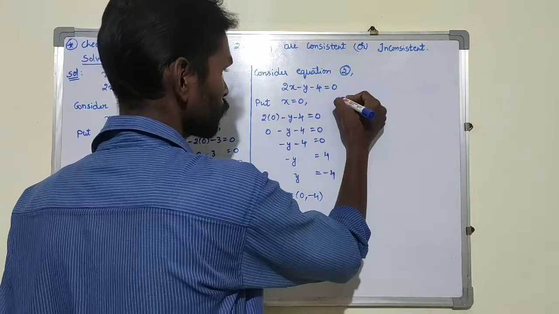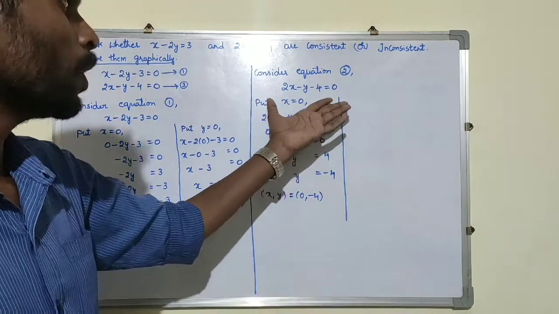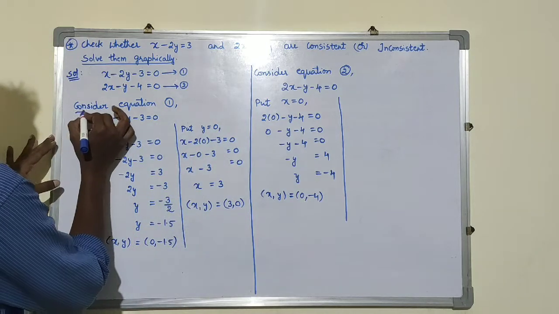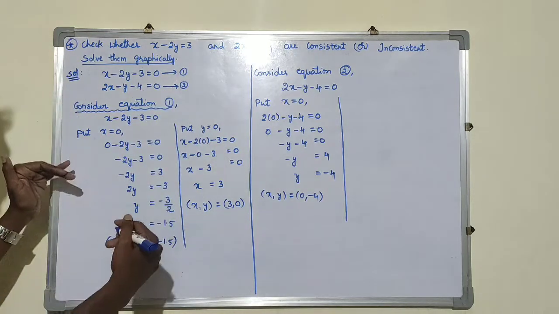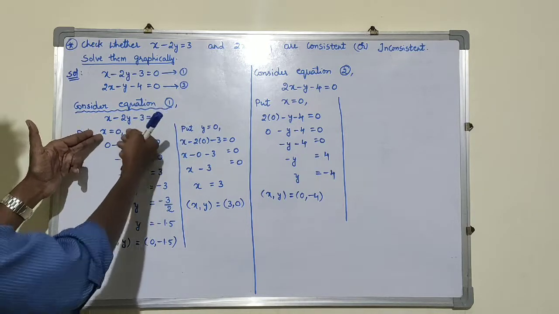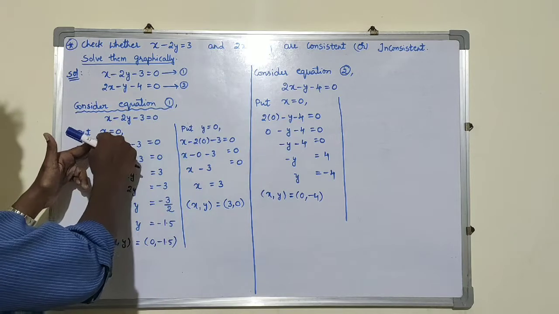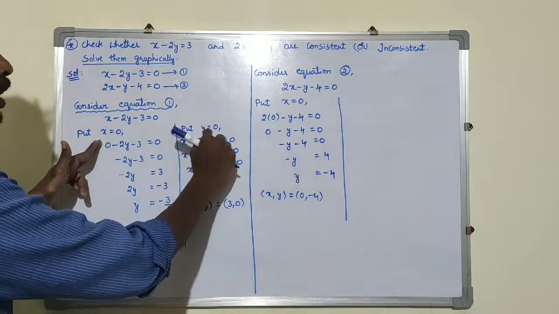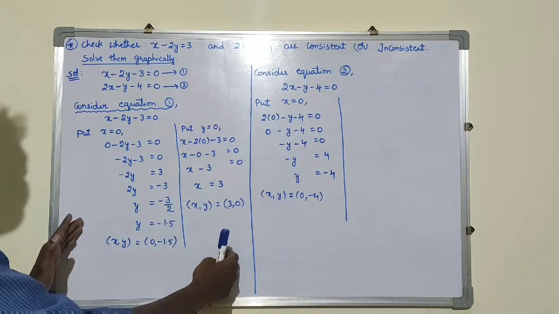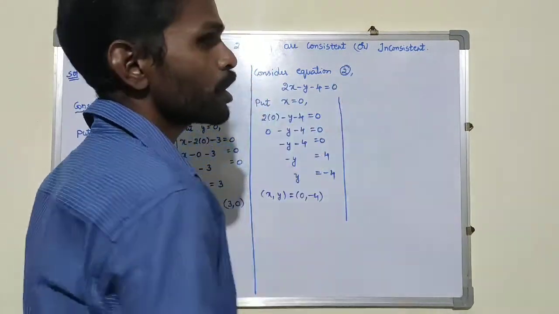Now why did I draw a small vertical line here? By looking at the problem you need to understand. See, here this is equation 1. Under equation 1 I considered the same equation, I kept x value 0, I got y, and this also relates to this equation only. So here I kept x equal to 0, here I kept y equal to 0, so that I got x equal to 3. So these two subcolumns belong to this equation 1. In a similar way, these two subcolumns belong to equation 2.